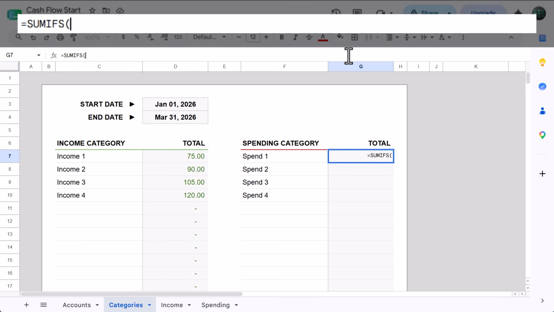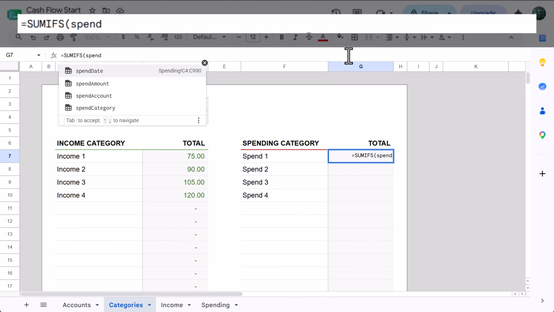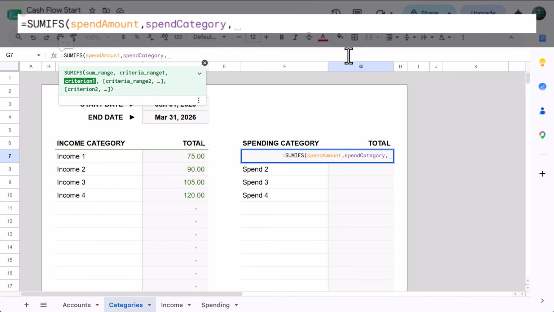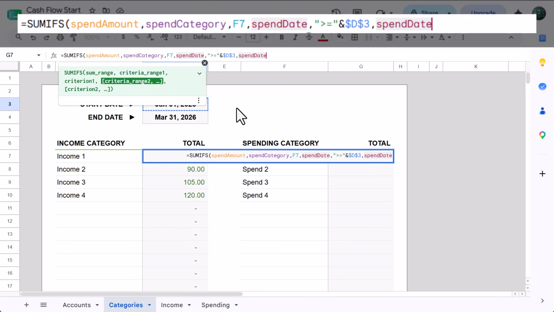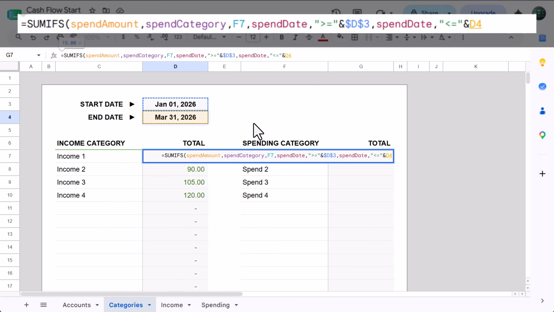Equals SUMIFS function, spend amount, next argument, spend category, next argument, select the cell with the category, next argument, spend date, next argument, quote greater than equals quote ampersand start date, make it an absolute reference, next argument, spend date, next argument, quote less than equals quote ampersand, select the end date, make it an absolute reference, then close parentheses